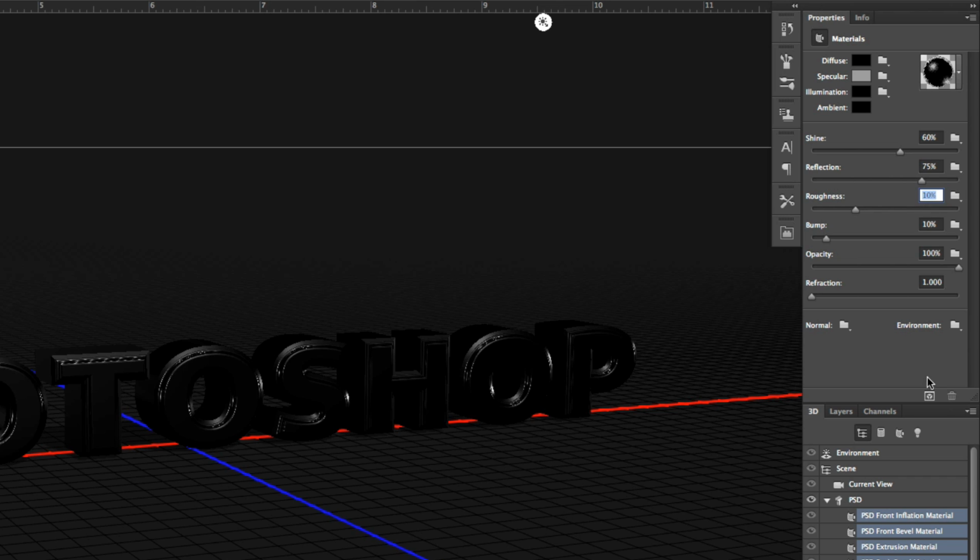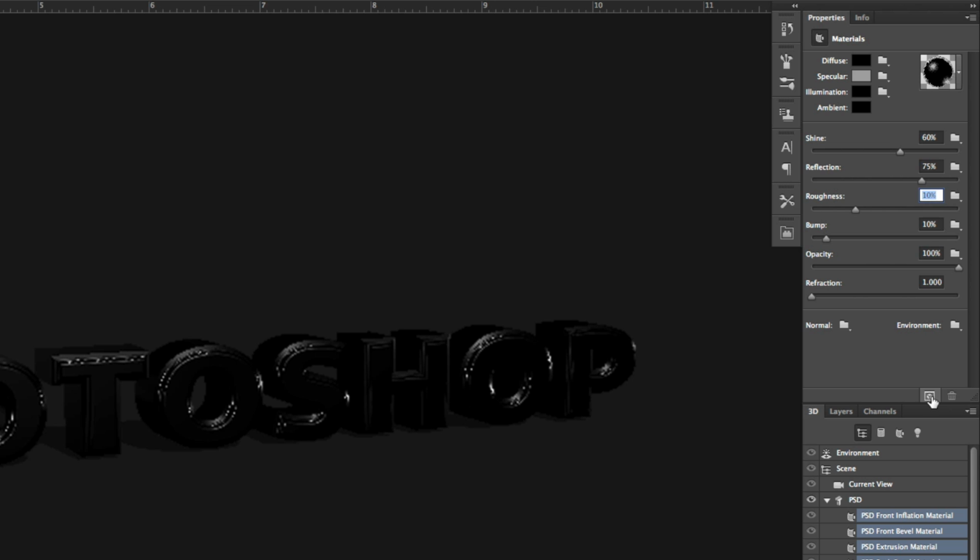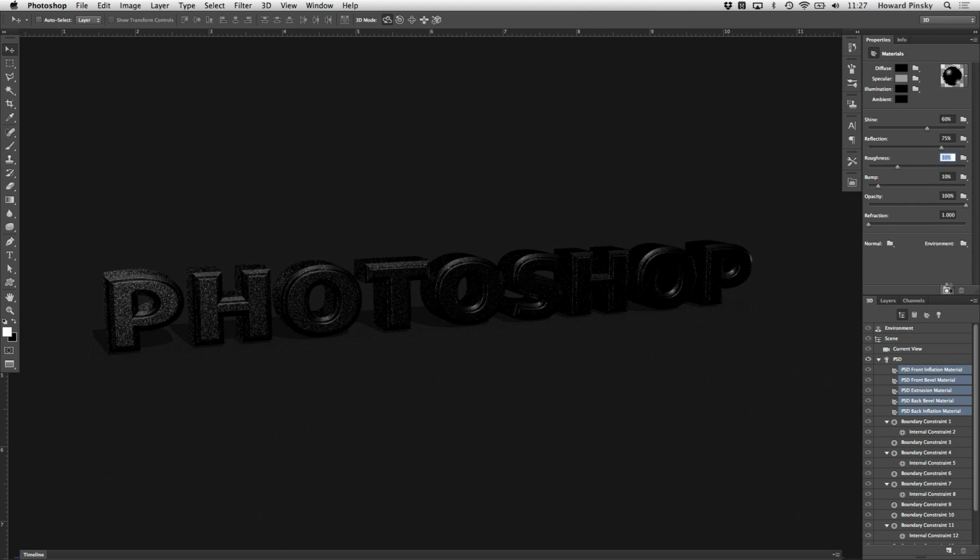At this point, let's give our scene a render to see how it's looking. This button right here will start the render process, which is going to smooth out your mesh, reflections, and shadows. Now, depending on which version of Photoshop CS6 that you're running, and the settings within your 3D preferences, you may see a large blue box, or you may see a smaller blue box that makes its way around your document. As you can see, the text is looking shiny, but is lacking in terms of reflections.